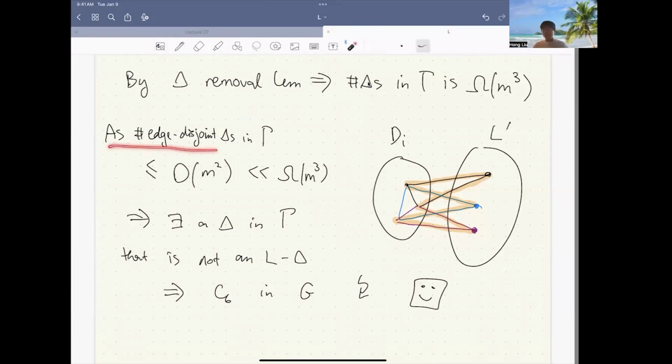I remember now, this is very easy to prove. The number of edge disjoint triangles: you look at this collection, you have m choose 2 pairs. The number of triangles containing each pair is at most 1, because triangles are edge disjoint, right? So the number of edge disjoint triangles is at most m choose 2. Okay. Any question? Good. If there's no question, let's move on to the next application